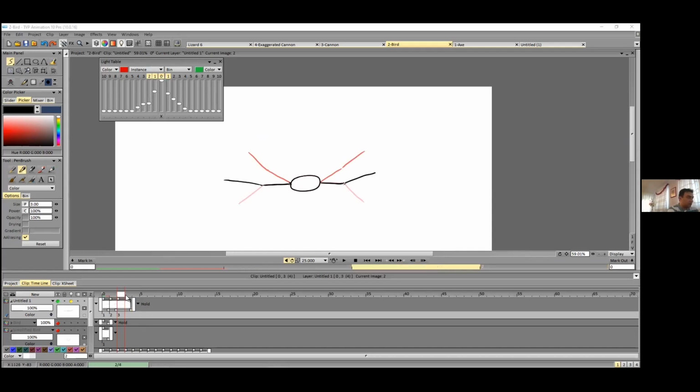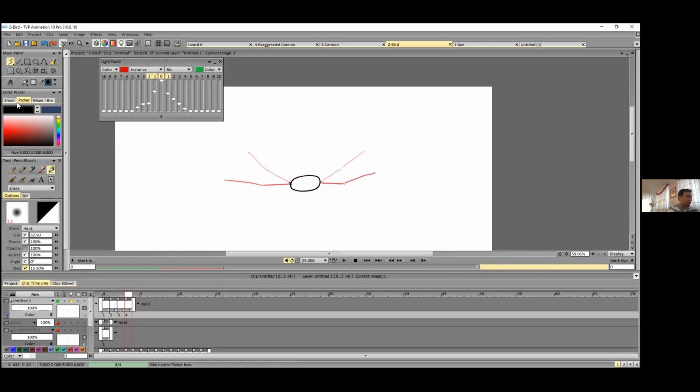And the next frame. The first part comes down. Its lowest position.